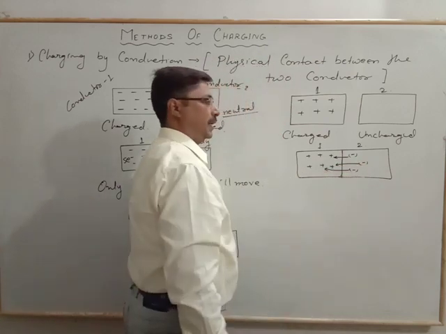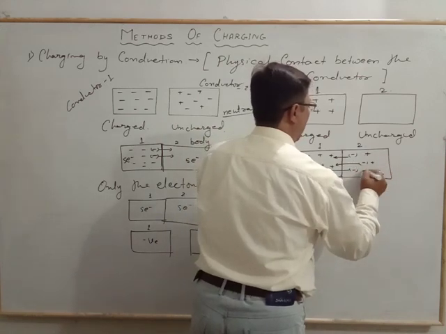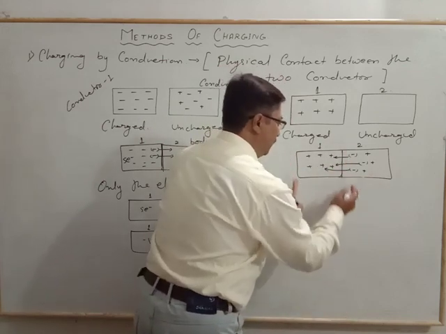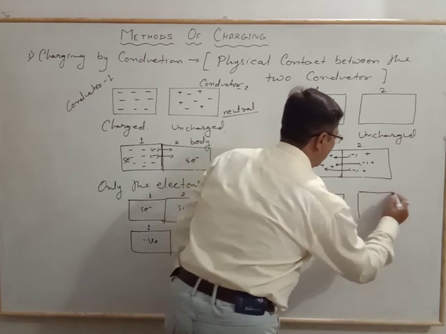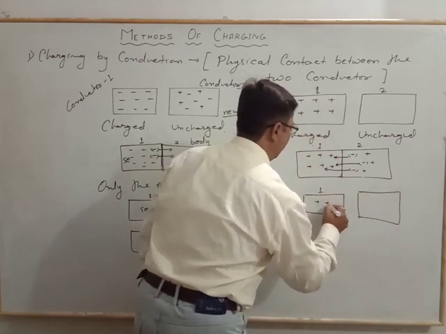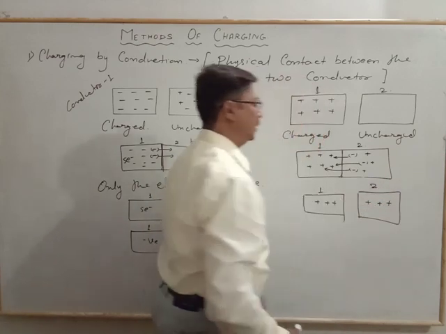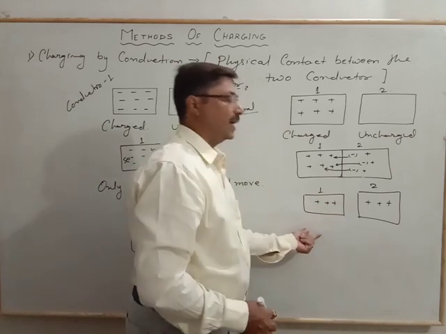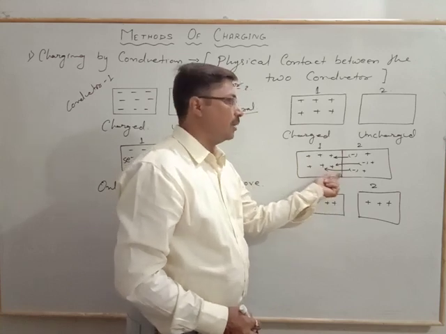Neutralization with that of the other one. In that case, there is a lack of the positive charge, a lack of the electrons, which makes it positively charged. Whenever we separate these two conductor plates, the first one has the same number of charges, and the second also acquires the same number of charges and the same nature of charge. In this way we can say that only the electron does the motion, not the positive charge.